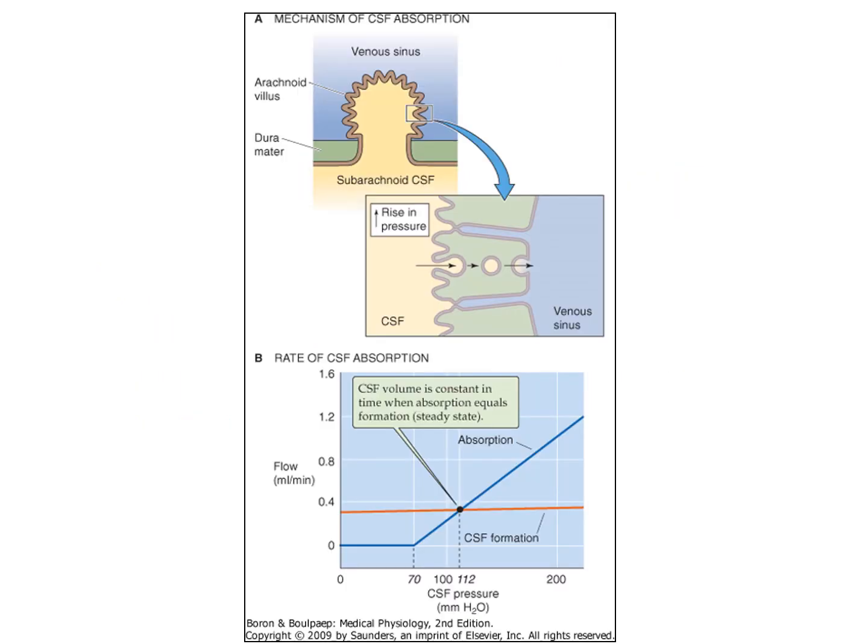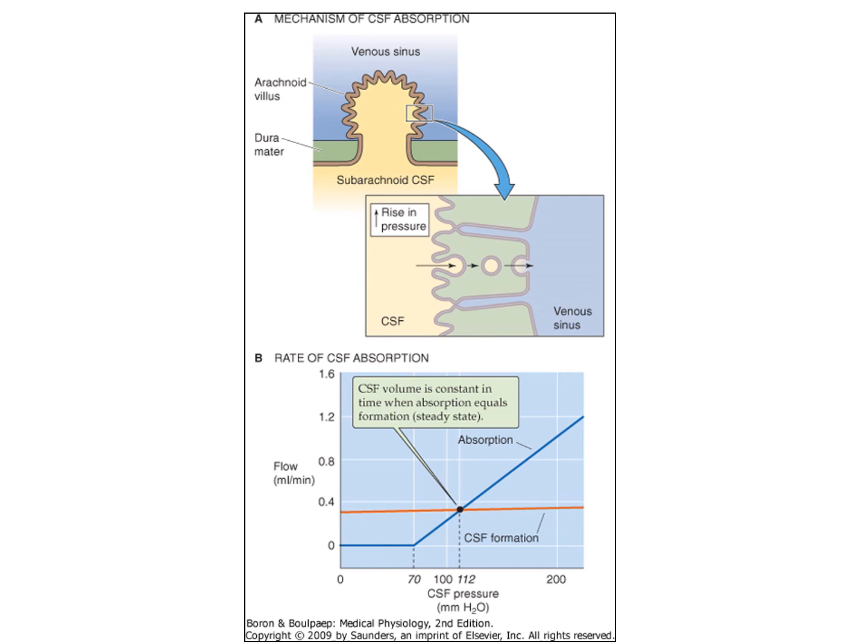So let's look at this picture. So you have your subarachnoid space, and you have these little villi coming off, and they go into a sinus, a venous sinus. So this is basically systemic blood circulation. It's a little area of pooling that can then be removed by capillaries. So when the pressure is high enough in the CSF, these little arachnoid villi will pinch off and transfer the fluid to the systemic side, to the sinus. Okay, so when you get a little buildup of pressure, it's going to drive it mechanically to the systemic circulation